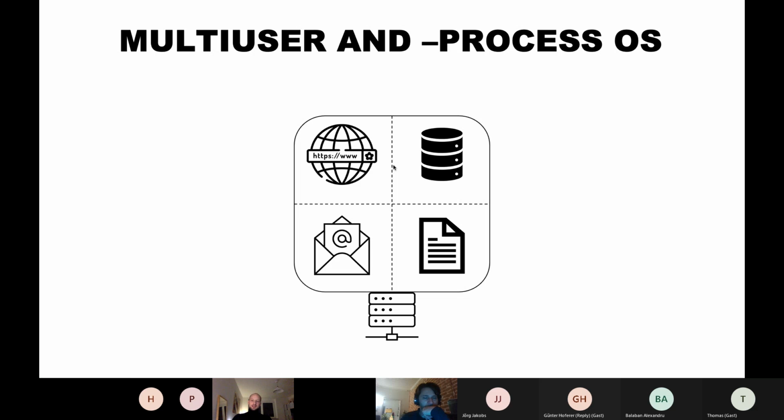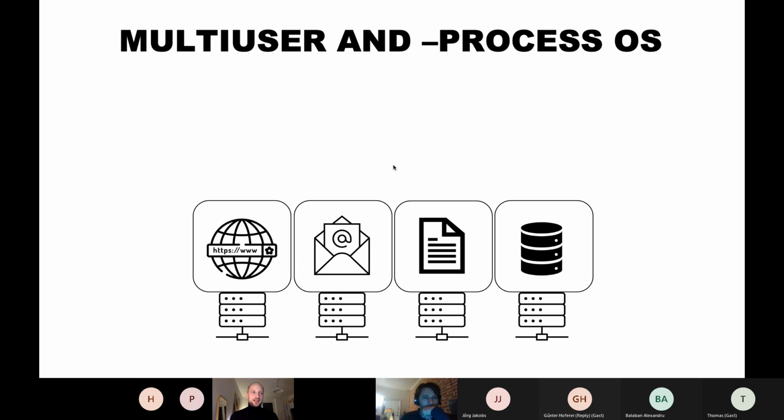What's much more likely is that we end up with something like this. We have 4 different computers or servers, each running one application because they have different requirements, like our database being, for example, MySQL, Microsoft SQL server running on a Windows server, and then we have a file server which needs to be isolated for some compliance reason. The email also because GDPR requires it, and the web server runs on Linux, and therefore they all can't share